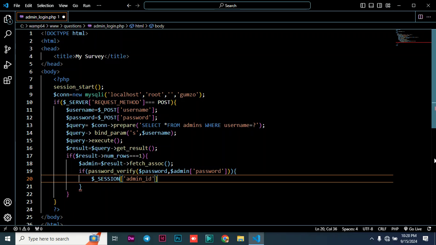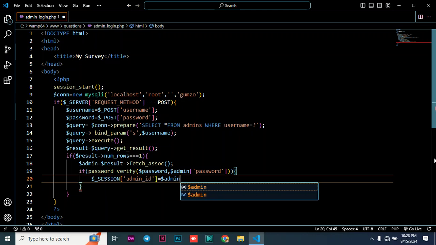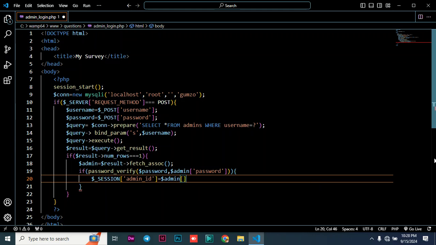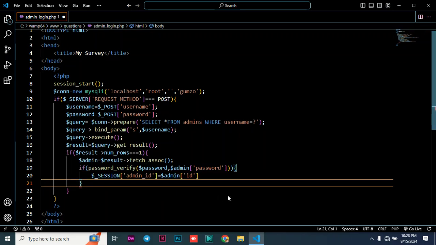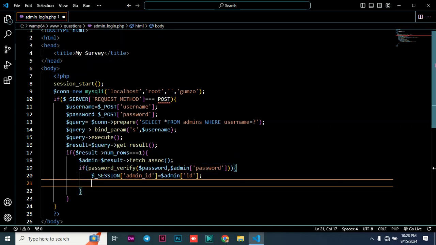So that is what you're going to fetch in this case. Okay, so equal sign, and then you just say $admin. So fetch for us the admin, and then give us in this case the ID for that. So in this session, that is basically what we're going to check. We are going to check if the session admin ID in the session is similar to that ID in the admin table. So if that is correct, we just move to the next part,